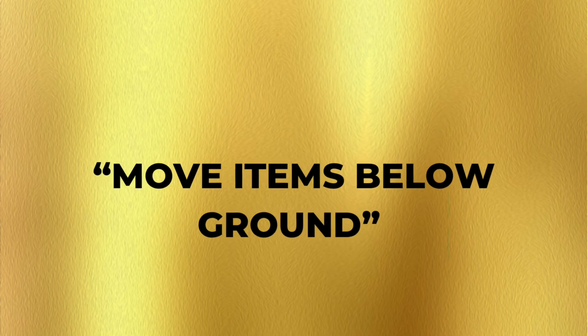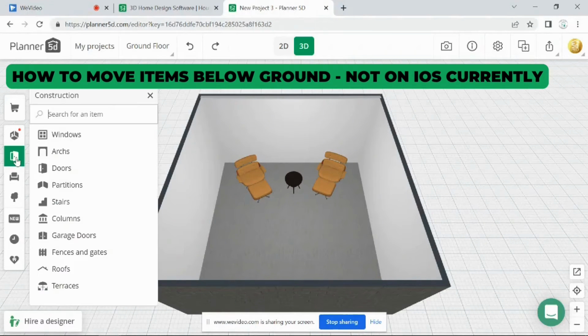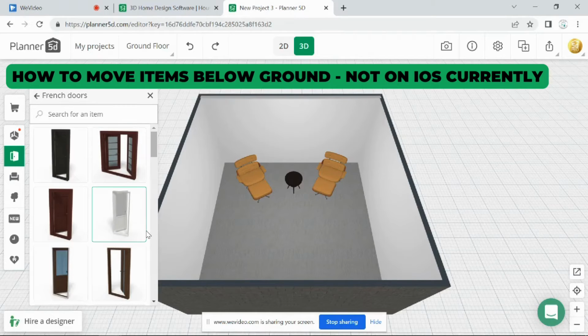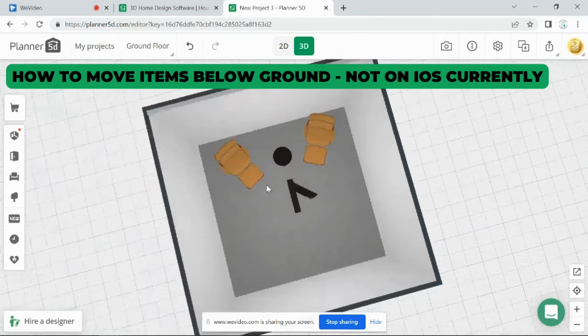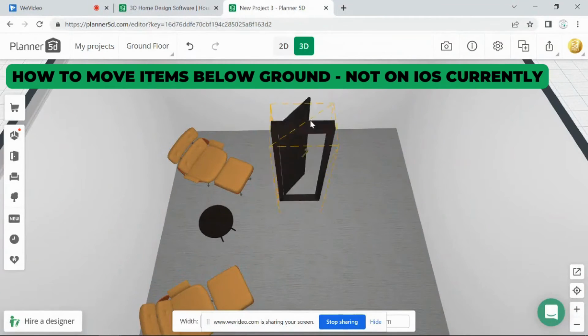Moving items below the ground. If you're a new user, you'd think, why on earth would you want to move items below the ground? I assure you though, that you would appreciate this feature even more if you only used iOS while designing on Planner 5D currently. Due to us not being able to shrink or enlarge a lot of objects without distorting them when designing or needing things out of the norm, we end up with unwanted parts being visible, and this feature